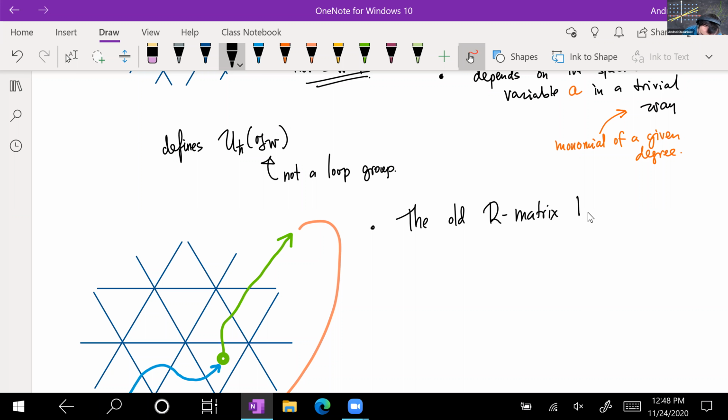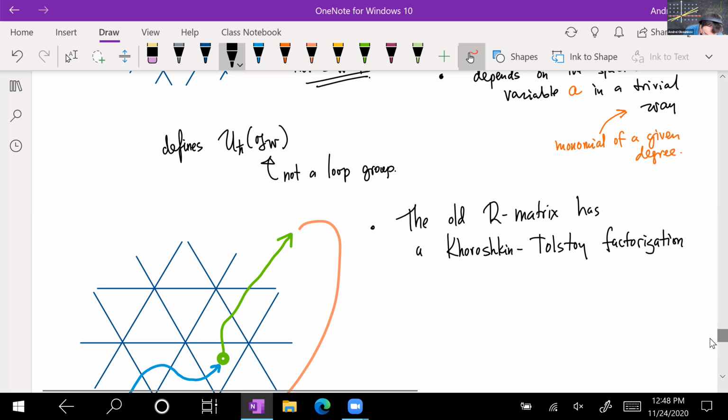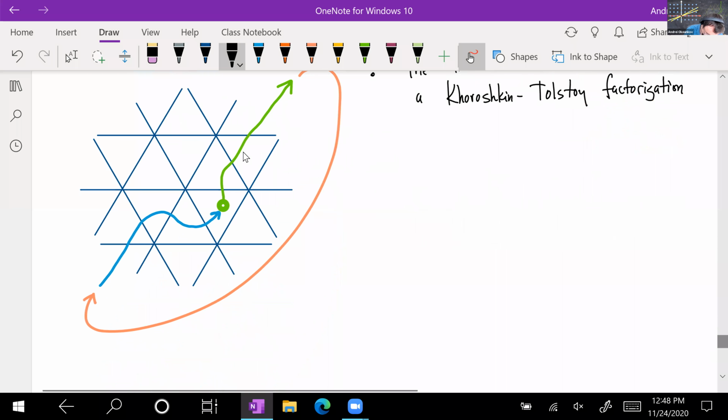So it has a Khoroshkin–Tolstoy type factorization. Meaning, what is the old R matrix? The old R matrix is, you fix the slope,